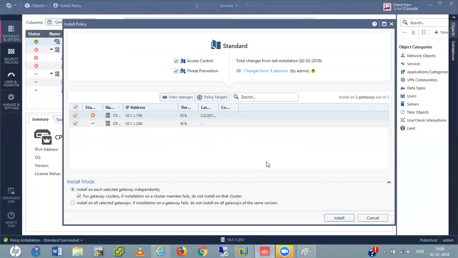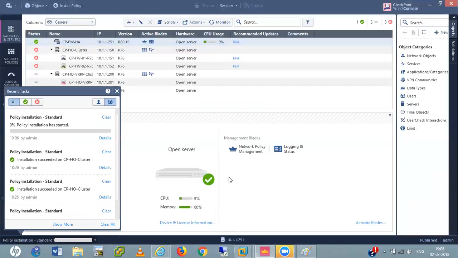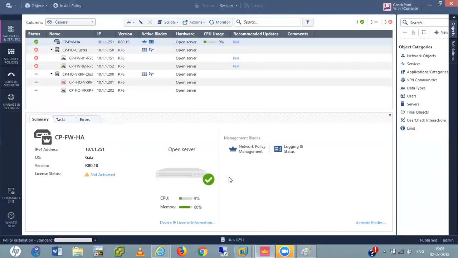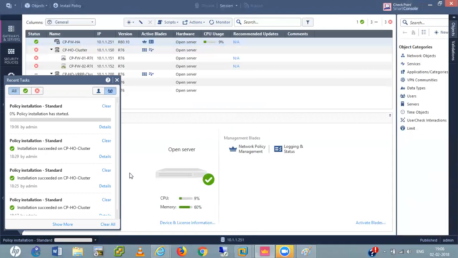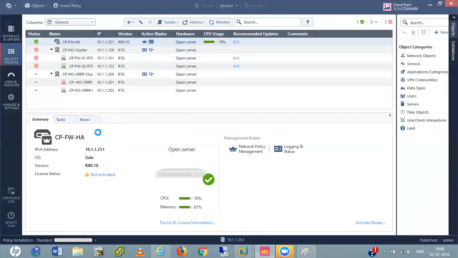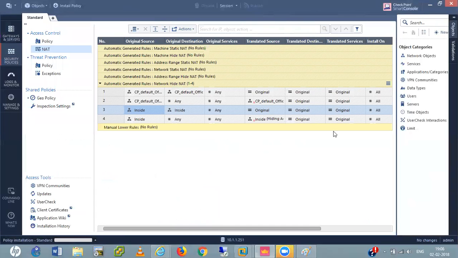When we are configuring VRRP or ClusterXL, in the ClusterXL also we need to configure any NAT, any of those things. In cluster also we need policies. Once again, repeat the policy. I will maintain this one as notes, like when I am watching this video, I will write it.